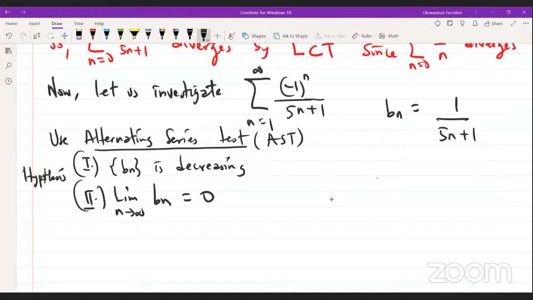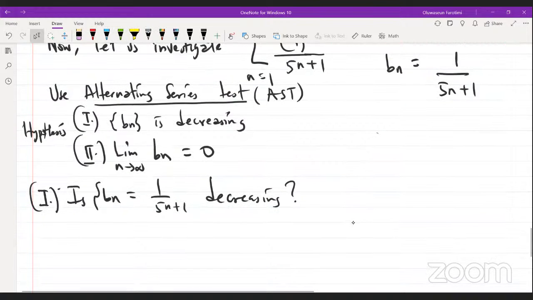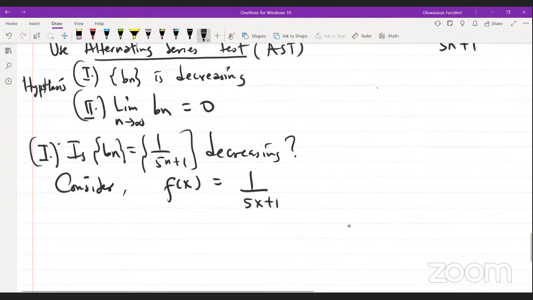So is this guy decreasing? Is Bn, which is 1 over 5n plus 1, decreasing? Let me put this guy here. What do I need to do? So I'll say consider, remember the first derivative test, f of x equals 1 over 5x plus 1. What is f prime of x? F prime of x, the first derivative, is going to be